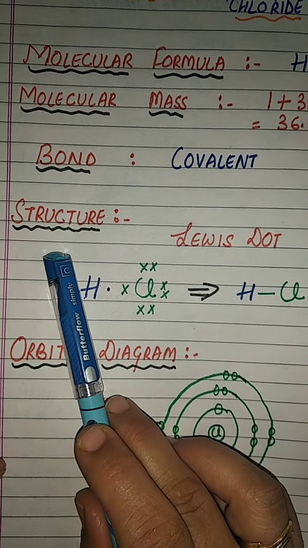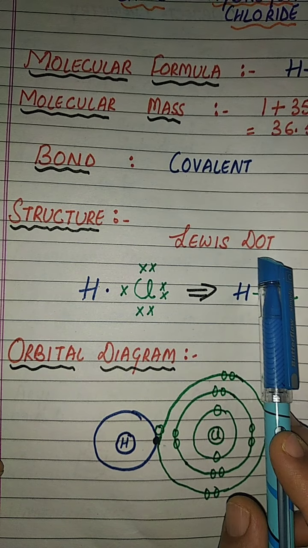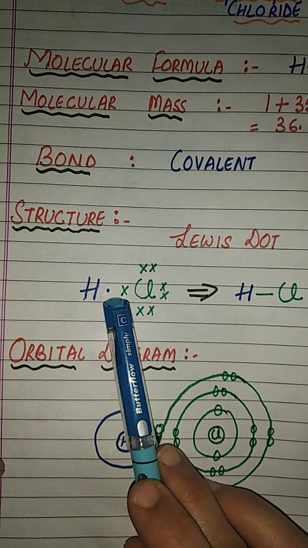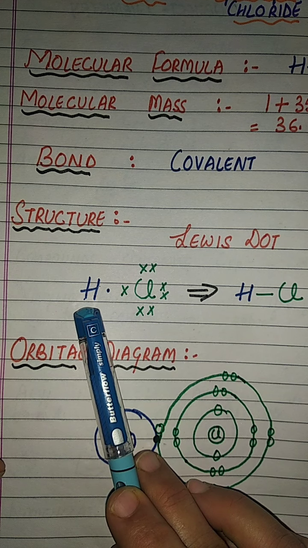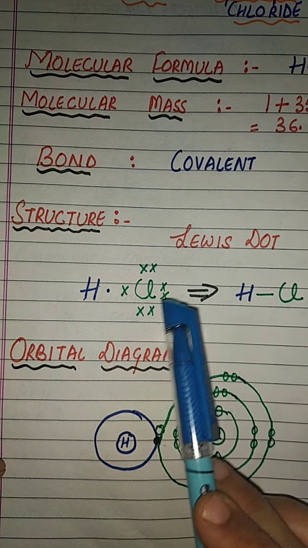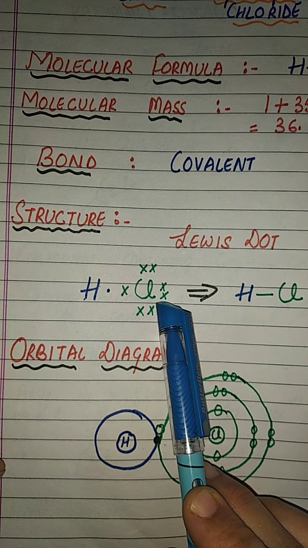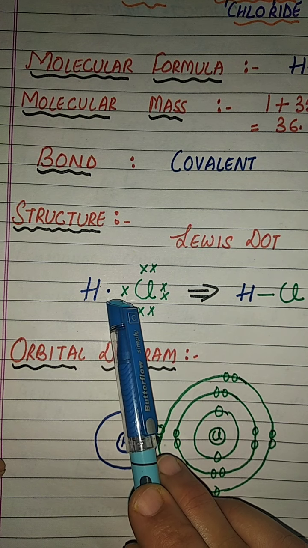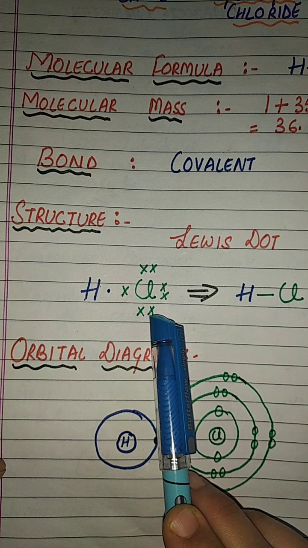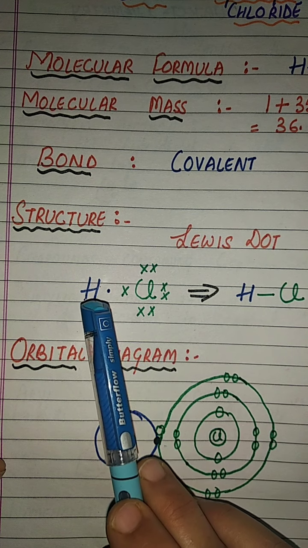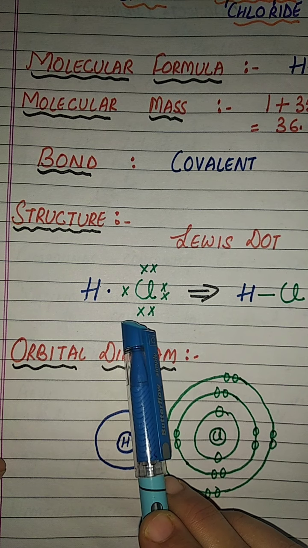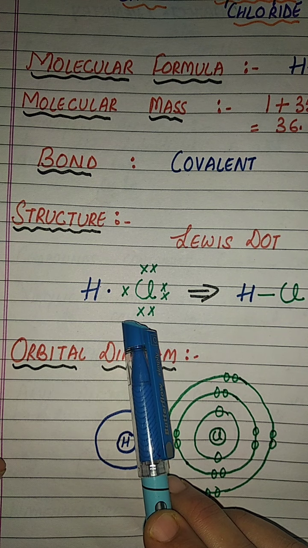Now come to the structure. First, the Lewis dot structure. Hydrogen has 1 electron in the last shell, so we will draw 1 dot around hydrogen. Chlorine has 7 electrons in the last shell, therefore 7 dots around the chlorine atom. Chlorine will share this 1 electron of hydrogen and become stable, as it will have 8 electrons in the last shell. Hydrogen will share this 1 electron of chlorine and become stable, having 2 electrons in the last shell and